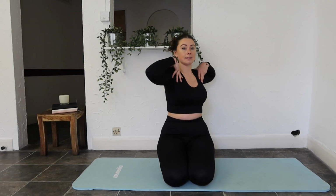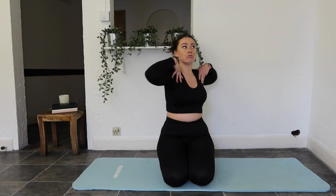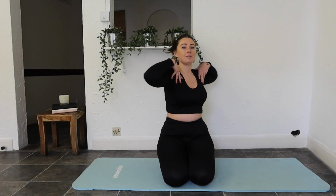I personally like to take this a bit quicker, but again, this is the first time we're going to start rotating the spine in a different way. So you may want to take it slowly, especially if there's any stiffness, any tightness. If this is a new type of movement for you, remembering to keep those elbows lifted, the shoulders down away from the ears, keeping the breathing in time with the movement, engaging the core to protect the spine, so drawing